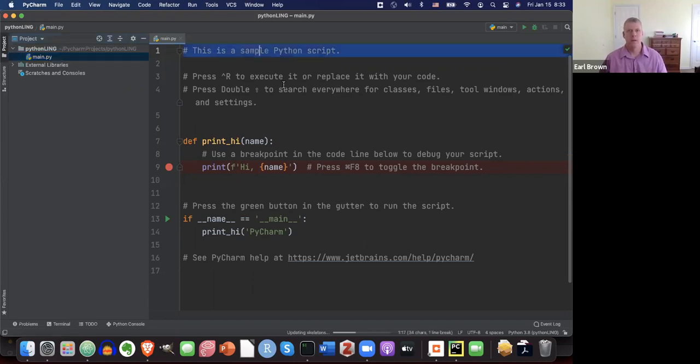This is a sample Python script, and it shows you can use this keyboard shortcut, which is Control-R to run it. Here's a little bit of code. They define a function, and then they run the function down here. We can run this code. There's a couple ways to run code in PyCharm. One is, like they say, to